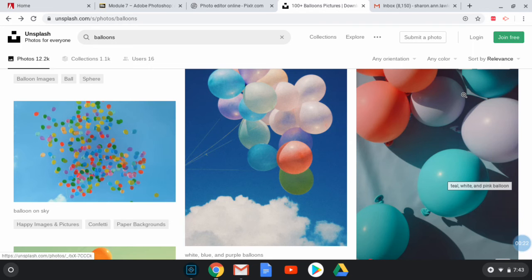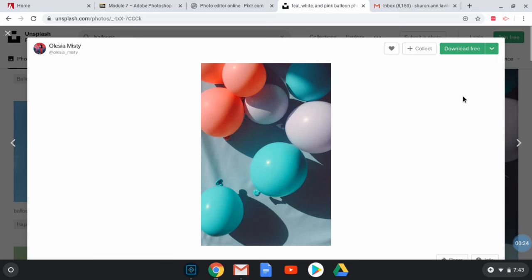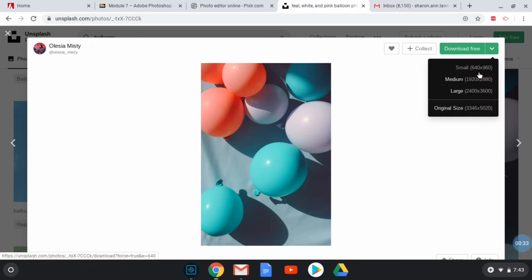One of the things I want to point out is when you go to download your image, select the small option, which on this is going to be 640 by 960. On this assignment, you're going to select two images, and one image you're going to blend into the other. It works so much easier if you select either two vertical images or two horizontal images whenever you go to add them in as layers and blend them. So I'm going to go ahead and select small,